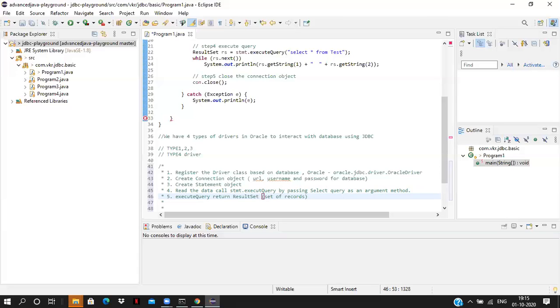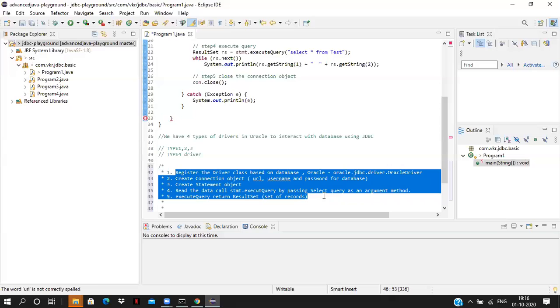Inside the table, we have multiple records, so ResultSet is holding each and every record as an object. When we call while resultSet.next, it gives true if a record is there. If a record is not there, it will give false. So it is reading each and every data inside the ResultSet. These are all the steps you have to follow to interact with the database.